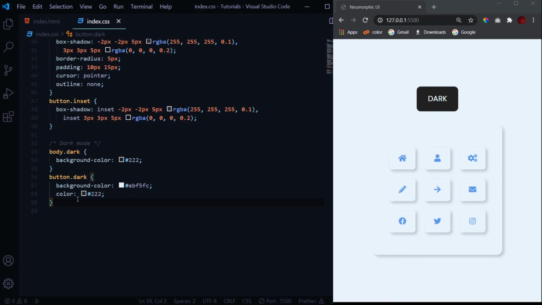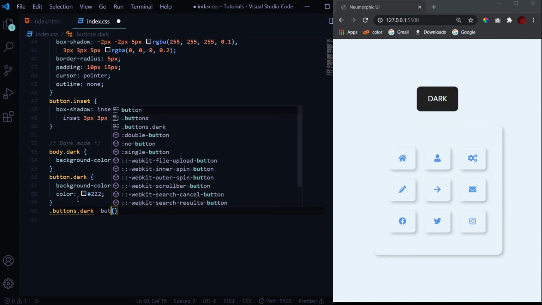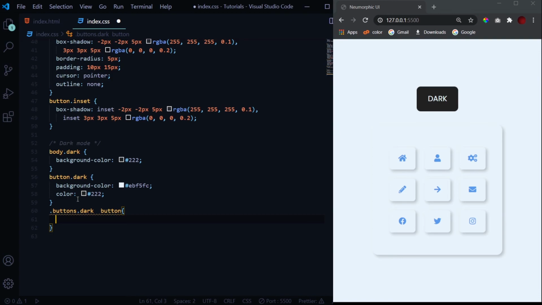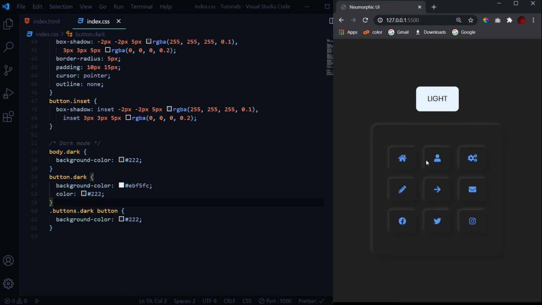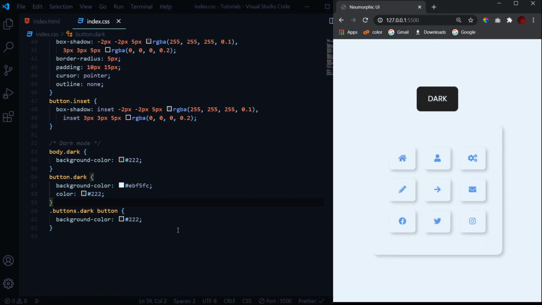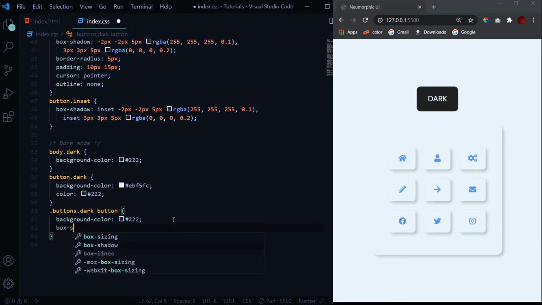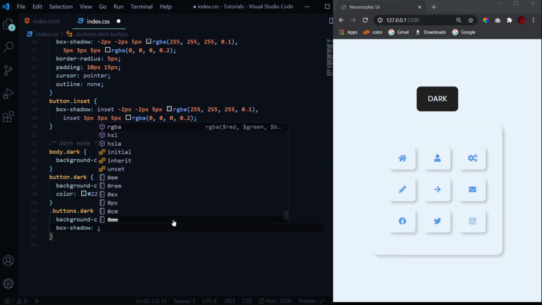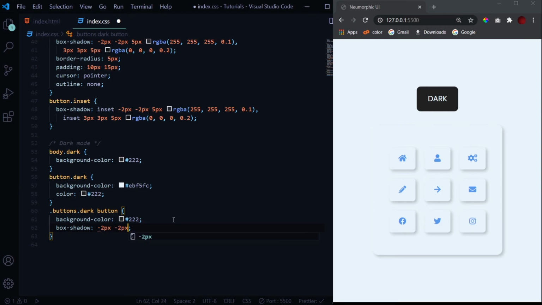Now here we need to change the box shadow of the buttons div. When the class dark is added to it, we need to change the buttons inside it. First we need to change the background color to 222. Let's see if it's working or not. Yeah, the background color is changing. Now we need to change the shadows. For the box shadow, we will have minus 2 pixels, minus 2 pixels, 5 pixels.